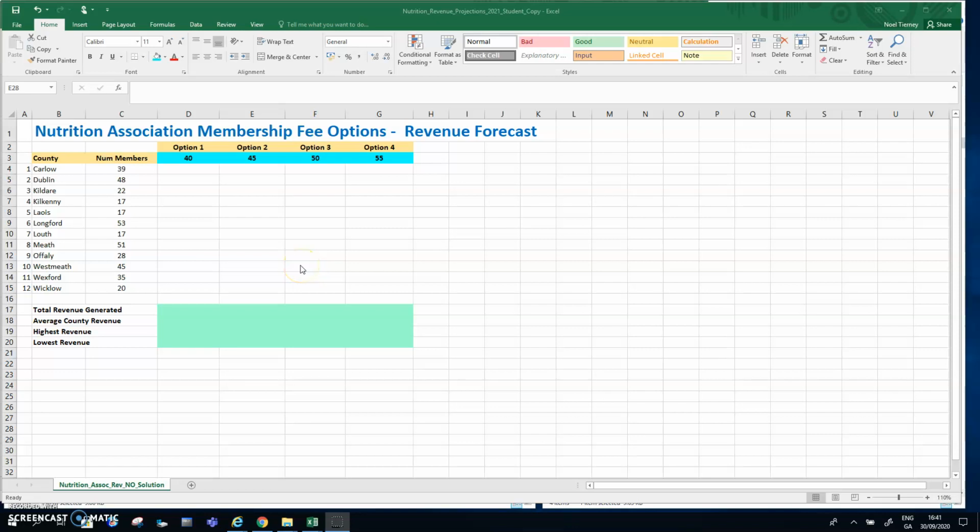In this spreadsheet, we're going to demonstrate how to do some calculations in Excel. So what we have here is the Nutrition Association, and we want to see how much money they will take in for the year if the membership fee is either 40 euros, or 45 euros, or 50 euros, or finally 55 euros. So here we have various counties and the number of members that they have in this